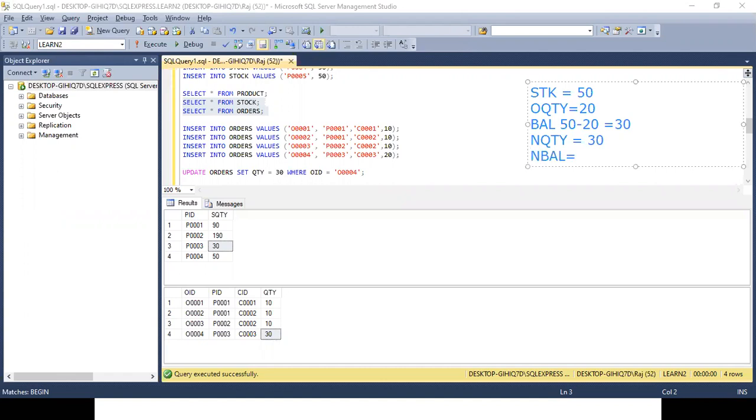New balance is equal to balance plus old quantity minus new quantity.